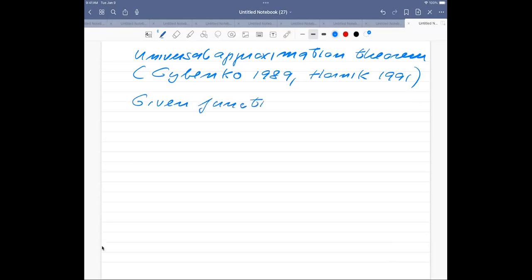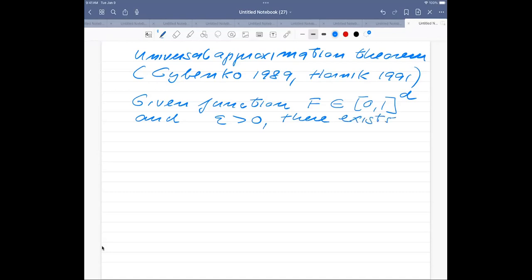and this is normally defined on a d-dimensional cube. So this could be a function on a multi-dimensional cube which takes values between 0 and 1. It's just normalized to 0 and 1. And you define a parameter epsilon, which is larger than 0. Then there exists, or there is, a one